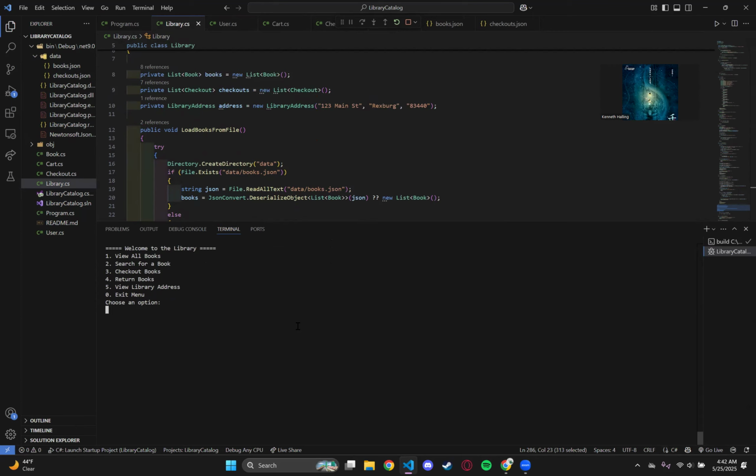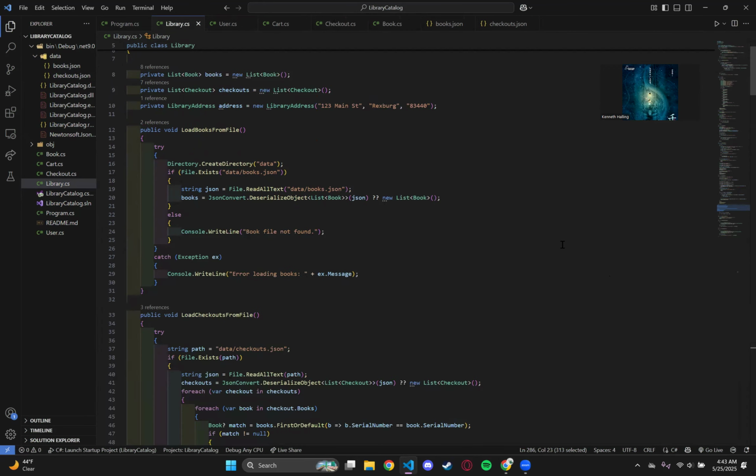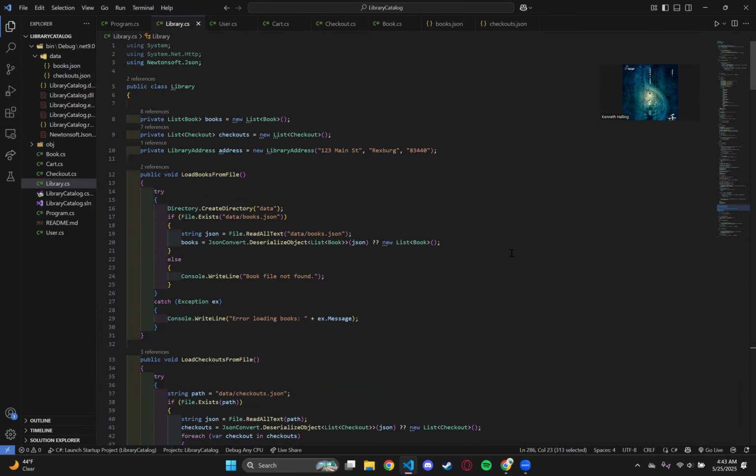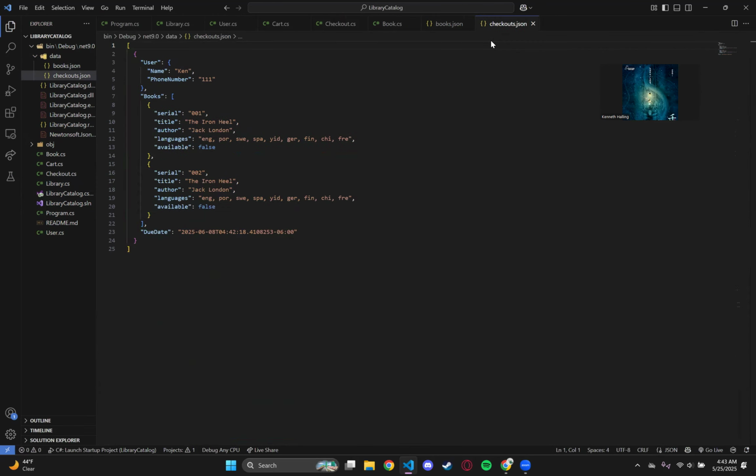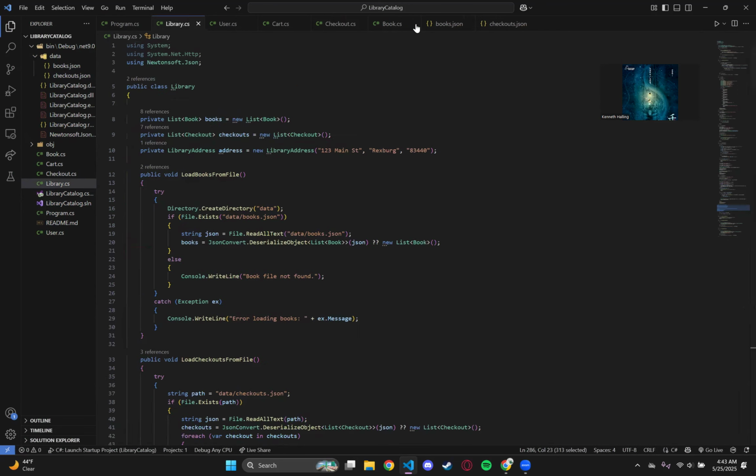And we can return it easily, but I do want to showcase one other thing before we return it. If we remove this terminal, if this was just a program without these JSON files storing things, everything would have just reset. The books would have been back to available, and my information wouldn't exist anymore. But as we can see, the books are still not available, and my information is still there. And so if we boot this up again,